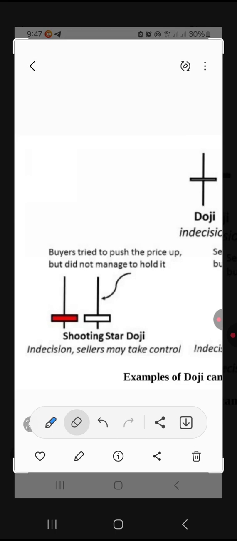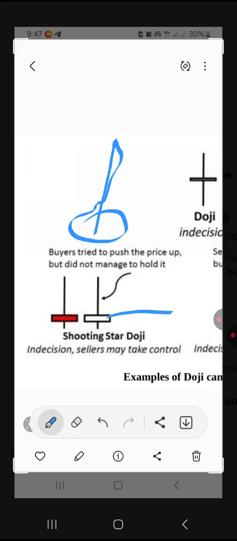Are we understanding? So buyers try to push the price up, but sellers brought it down. Are you seeing? It shows that sellers may likely take control. The same thing